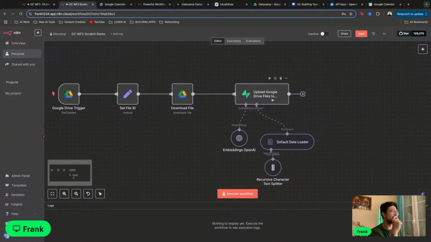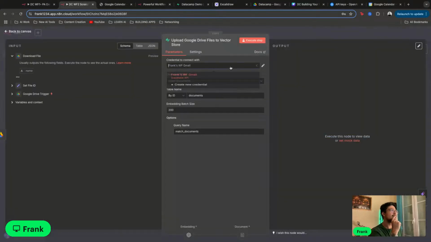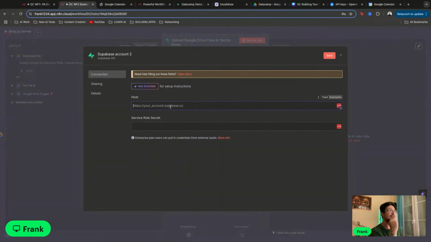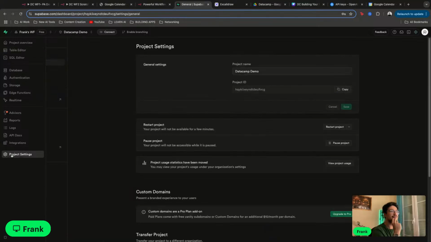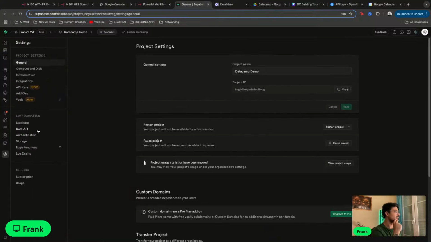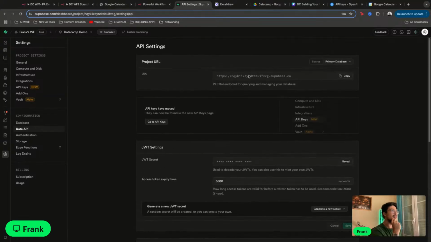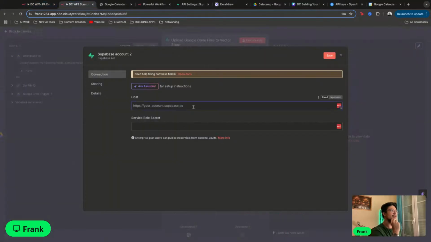Go ahead and upload this workflow, and you're going to see how we're going to set this up. The Supabase credential over here is basically we need the host and the service role secret. So you would go back onto Supabase, and if you look at the guide, you would go to project settings over here, and then go ahead and select Data API. This URL over here is the host. This is the endpoint for managing the database. You come back over here, paste that over there, and then the service role secret is just